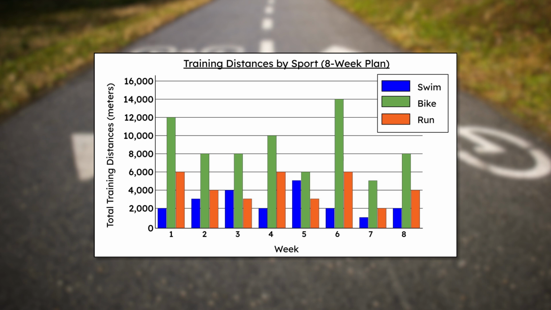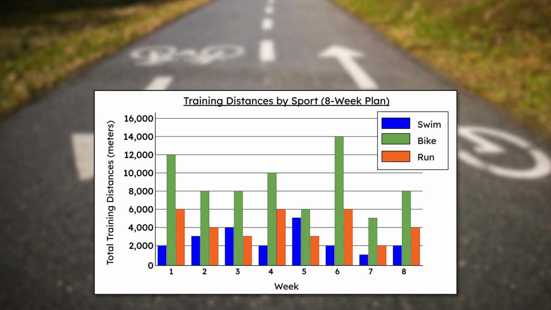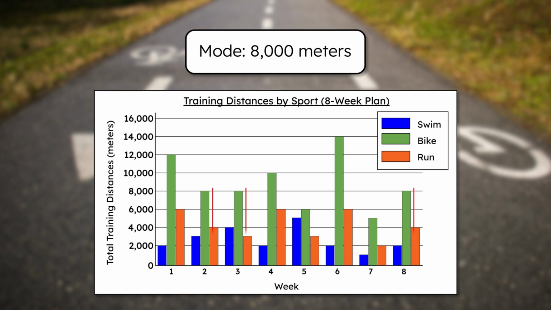Starting with the range, the highest biking distance is 14,000 meters, and the lowest is 5,000 meters. 14,000 minus 5,000 equals a range of 9,000 meters. Now for the mode. The distance 8,000 meters shows up 3 times, the only repeating distance, so the mode for